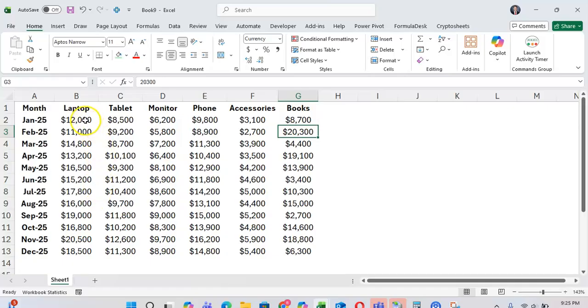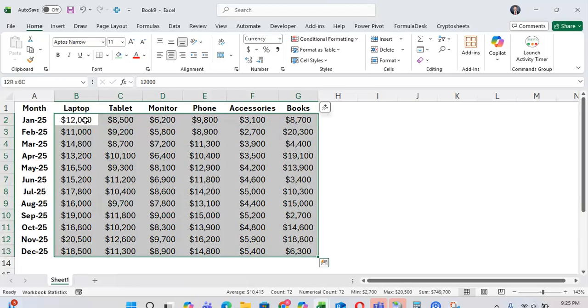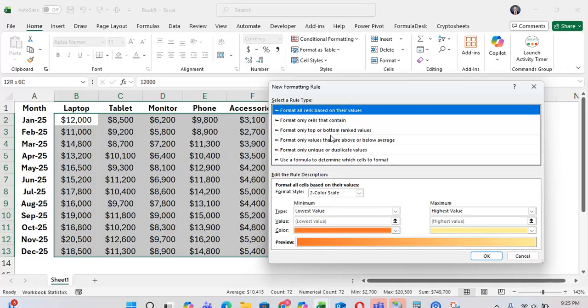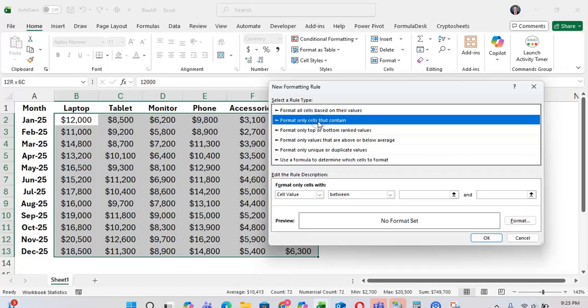To do this, I first want to highlight the range of data that I want to apply the conditional formatting to. Then from here, I want to go to the Home tab, and I want to click on Conditional Formatting. And from here, I'm going to want to click on New Rules. Now, I'm going to want to click on Format Only Cells that contain, and I want to have it be